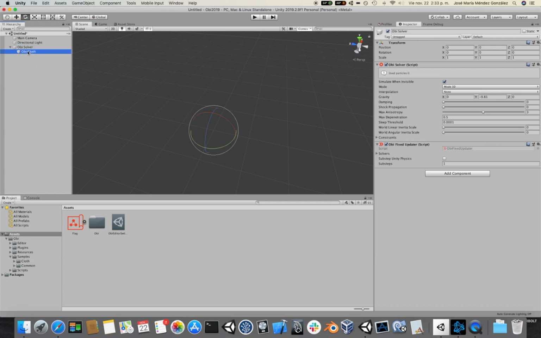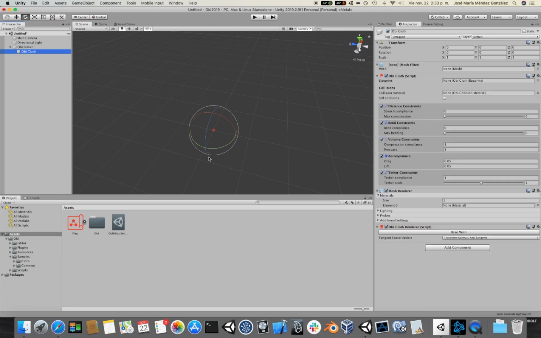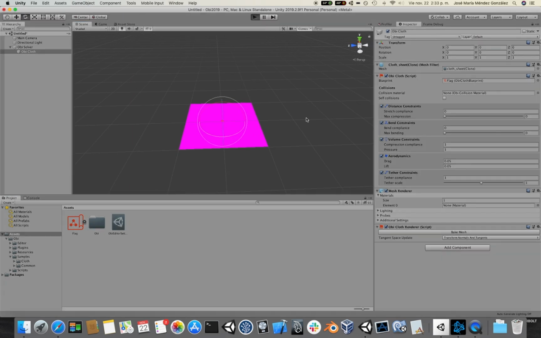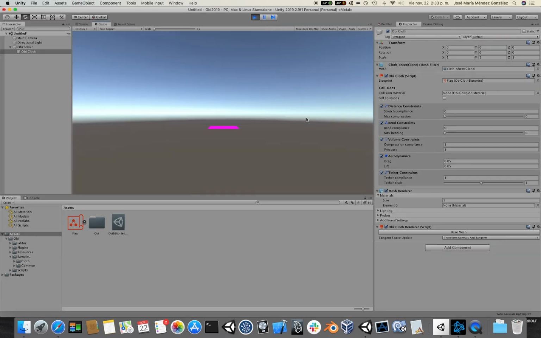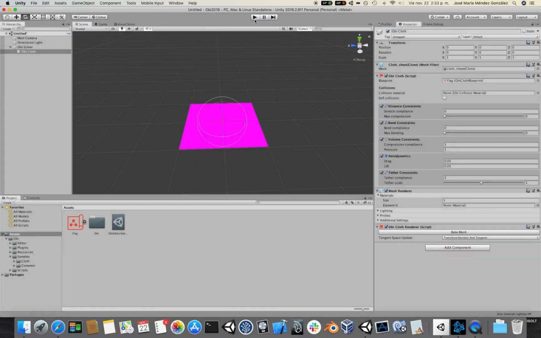For now, we are interested only in the Obi Cloth. So what we need to do is drag the blueprint we just created into the blueprint slot here. And we are pretty much ready to click play,